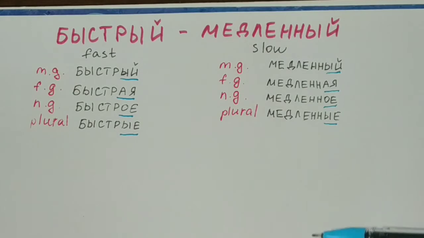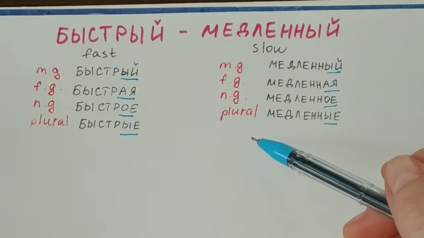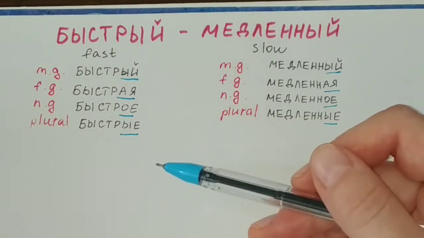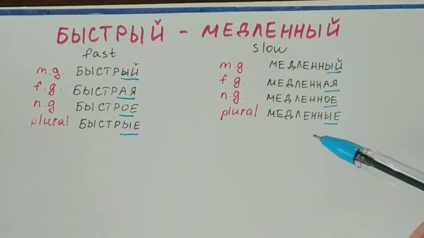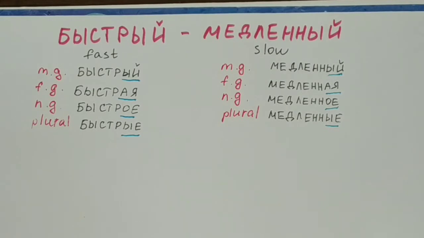And for the plural forms, of course, you just have to notice if the noun is in its plural form. So if it is in its plural form, the gender forms, of course, already don't matter, and there's only one plural form, and that is быстрые or медленные, and you are using it with the nouns in their plural forms. So let us practice a little bit. Let us write down some phrases with these two adjectives, and I think afterwards it will be easier for you to grasp, to understand the idea of how these two adjectives are used in Russian phrases.